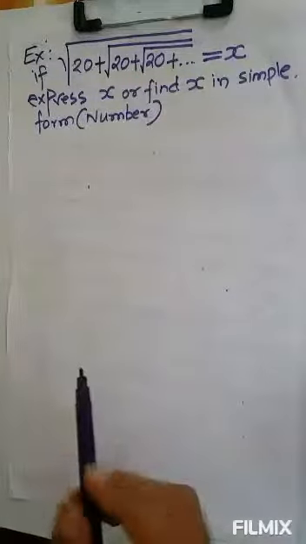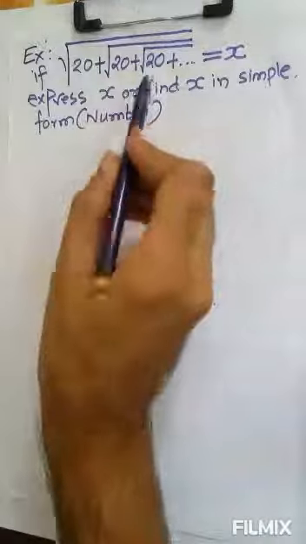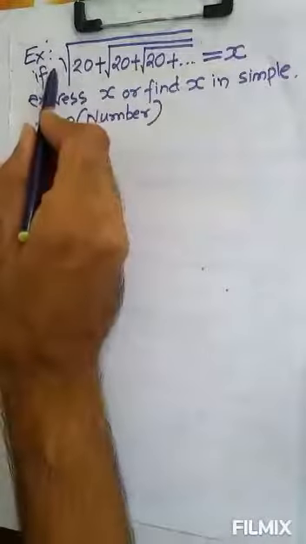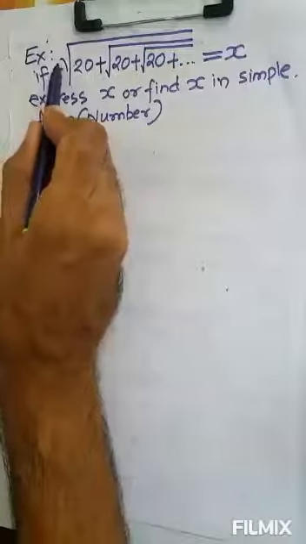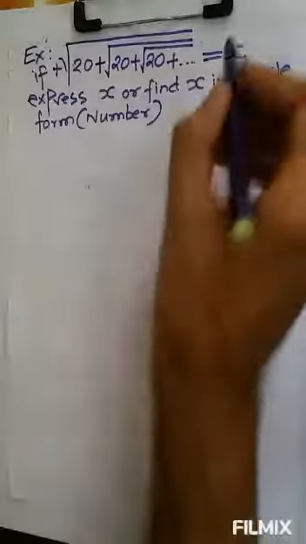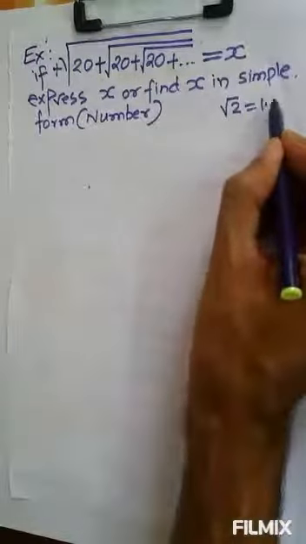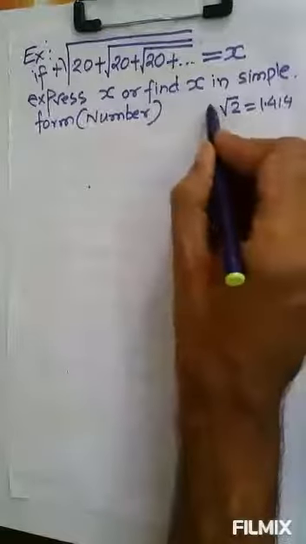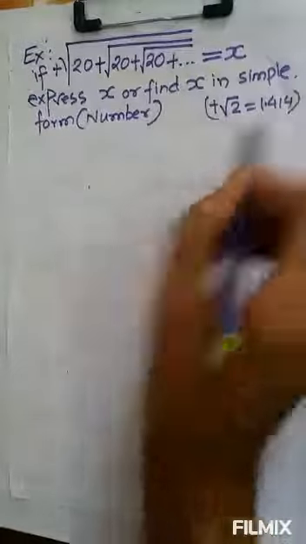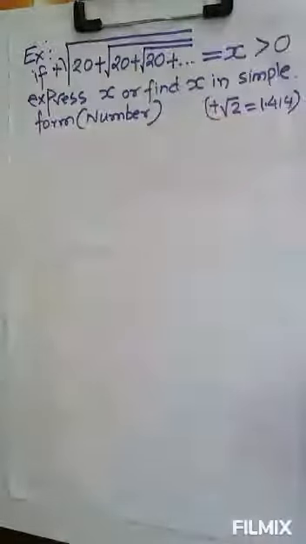So first we need to observe that under root of something is positive. If the outside sign is not given, then we assume it as plus. For example, root 2 is a positive number, 1.414, because the outside sign we assume as plus only. So before solving it, we need to understand that x will be positive whatever